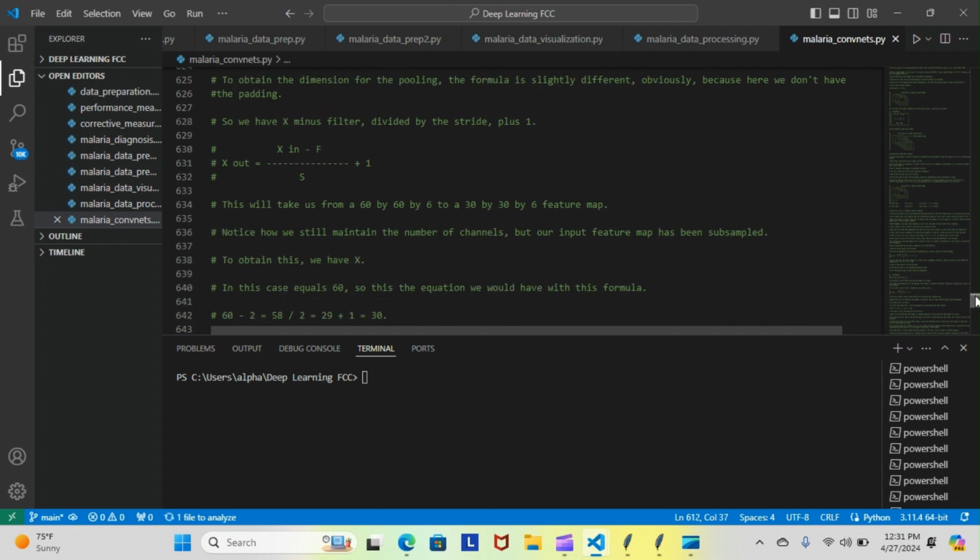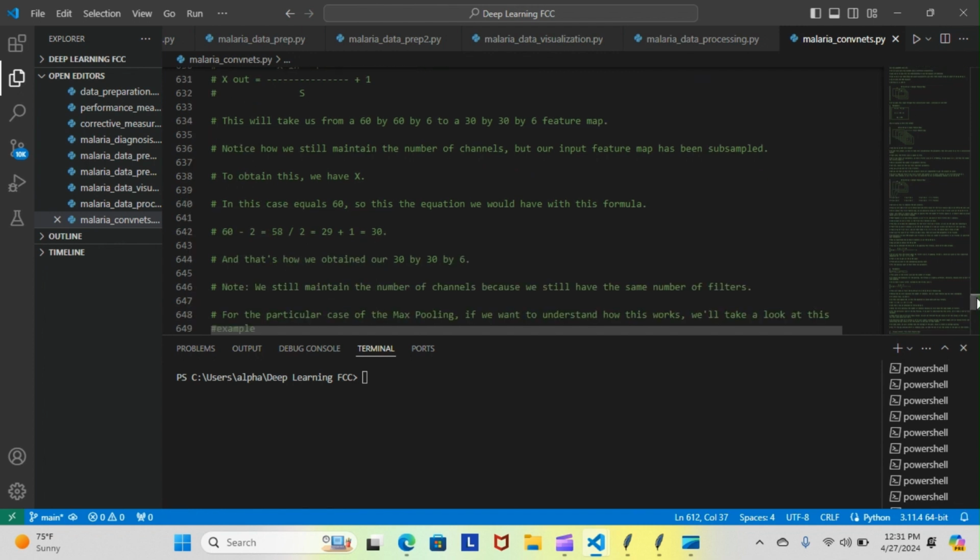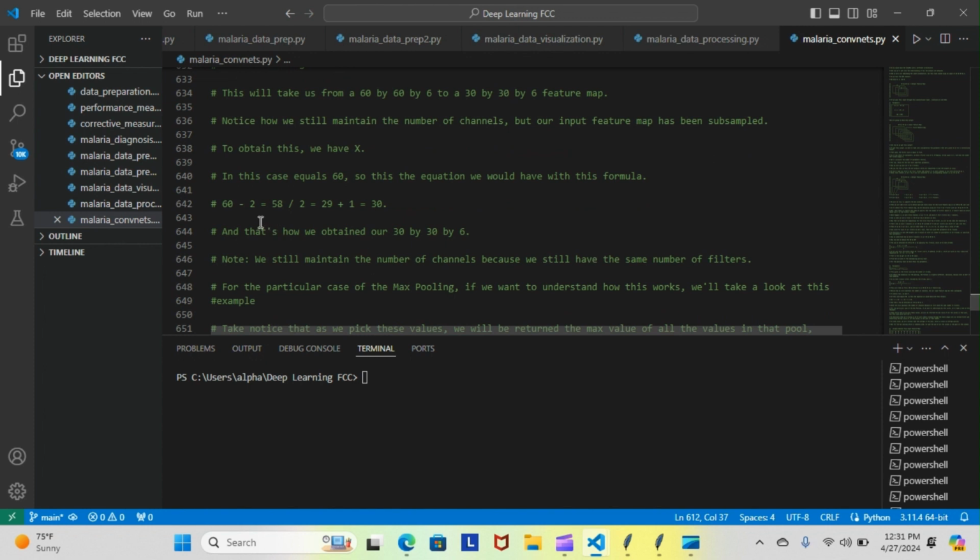And if you remember, our new x is going to be 60 because we went from 64 by 64 to 60 by 60. Now this will take us from a 60 by 60 by 6 to a 30 by 30 by 6 feature map. Notice we still maintain the number of channels, but our input feature map has been subsampled. To obtain this, we have x, which I explained is 60. So this is the equation we would have with this formula: 60 take away 2 equals 58, divided by 2 equals 29, plus 1 equals 30. So that's how we would go from our 60 by 60 by 6 to our 30 by 30 by 6